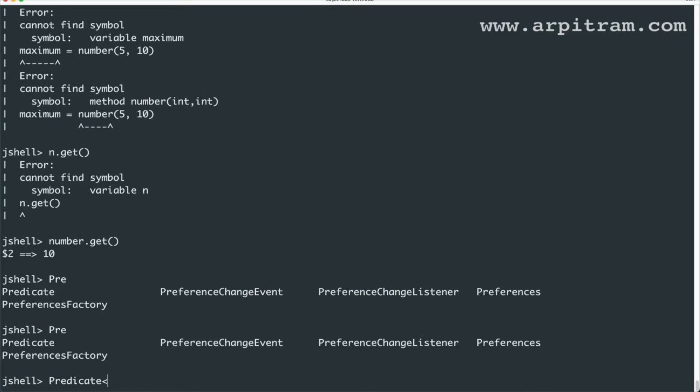So in another example, let's say I am creating this Predicate, let's say names equals. It is always good to wrap this.